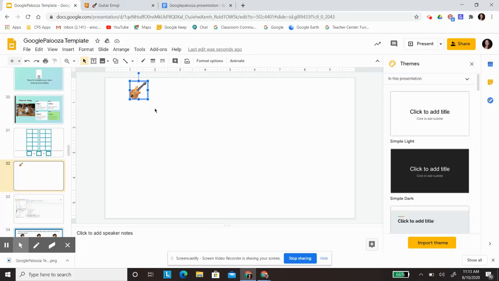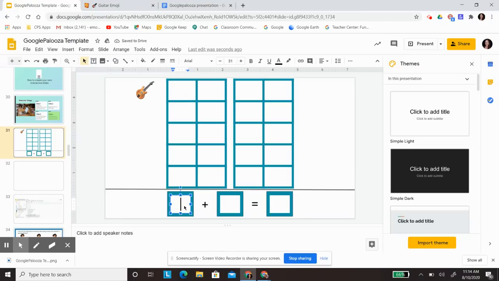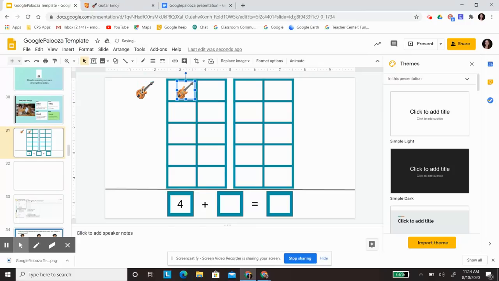And now I can cut it, Control X, and paste it, Control V. And now I have this nice draggable stack of guitars. And so if the student had to do, let's say 4, they would click and drag 1, 2, 3, 4. Okay, I'll go ahead and undo that, Control Z,